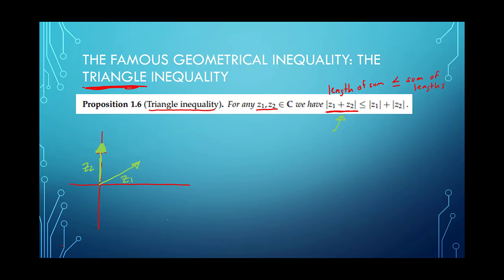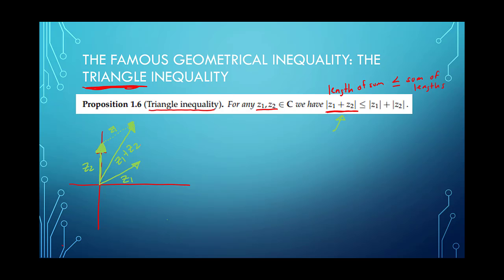So let's think about that geometrically. We're taking our cues here from Calc 3 a little bit. When I geometrically add vectors, if you remember, it's the tip to tail method, right? So I'm going to draw z1 so that its tail is at the end of z2. Okay, and then to find the sum of these two vectors, we just connect the tail of z2 with the tip of z1. Okay, so this vector on the diagonal here is going to be the vector z1 plus z2.